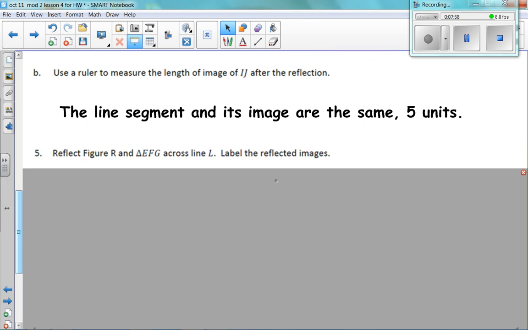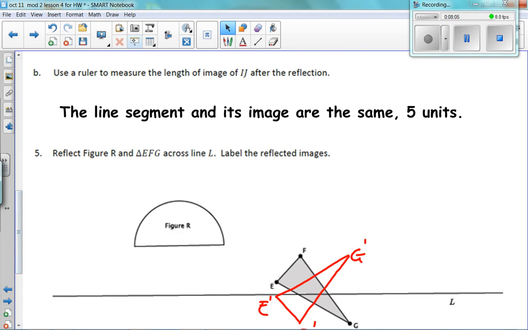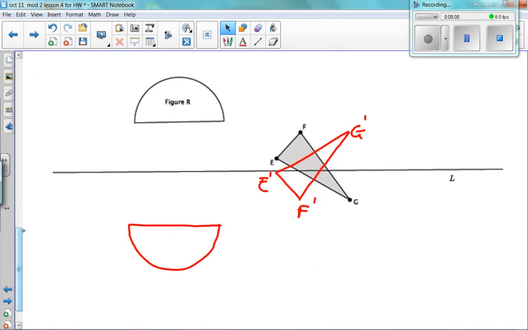Reflect figure R and triangle EFG across line L. Label the reflected images. So here, figure R is here, and when you reflect it over line L, you get this figure here. They're the same distance from the line of reflection. It's just like looking in a mirror. The same thing with the triangle. Point E and E prime are about the same distance apart. F and F prime are the same distance, and G and G prime are the same distance from the line